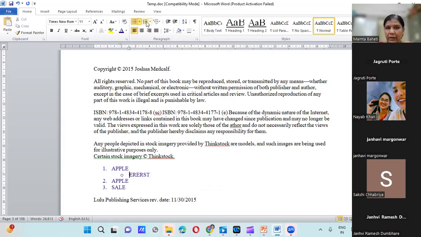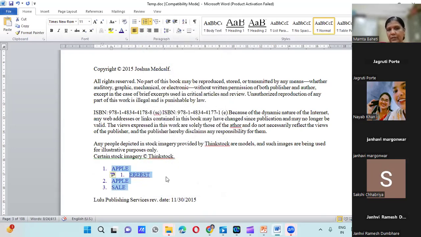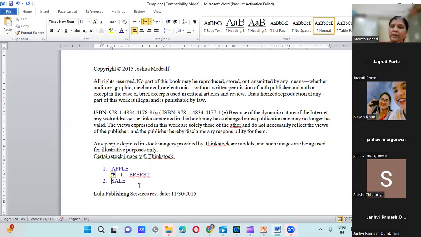Now it is a bullet. I don't want it as a bullet. I want it as a number and sub numbering. So this is the thing. So all the numbers, see, 1 is here, then 2, 3. If I remove this 2 from here, automatically it will come up with the updated numbers. Okay. So likewise, you can do